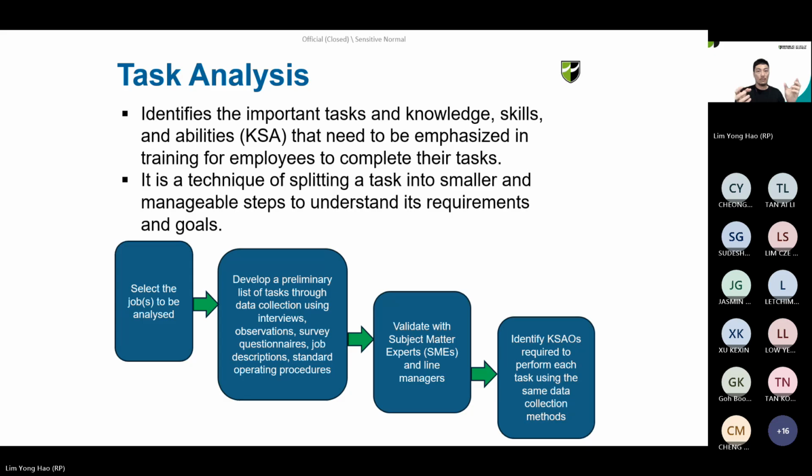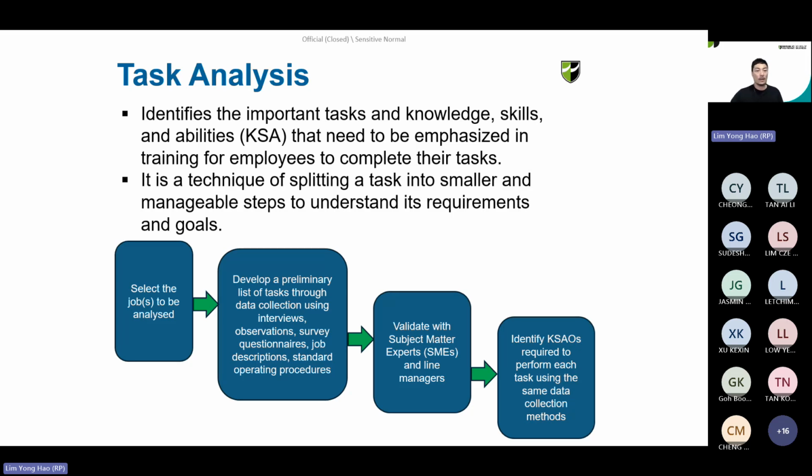Then essentially a job is a series of tasks. And the tasks are things that the person in the job does on a regular basis, right? So if you have a list of tasks, one job may have 6 or 7 tasks. More than that may be too big, depending on how deep the task is. So from there, the tasks can be developed, either from observation, so we can see these things,